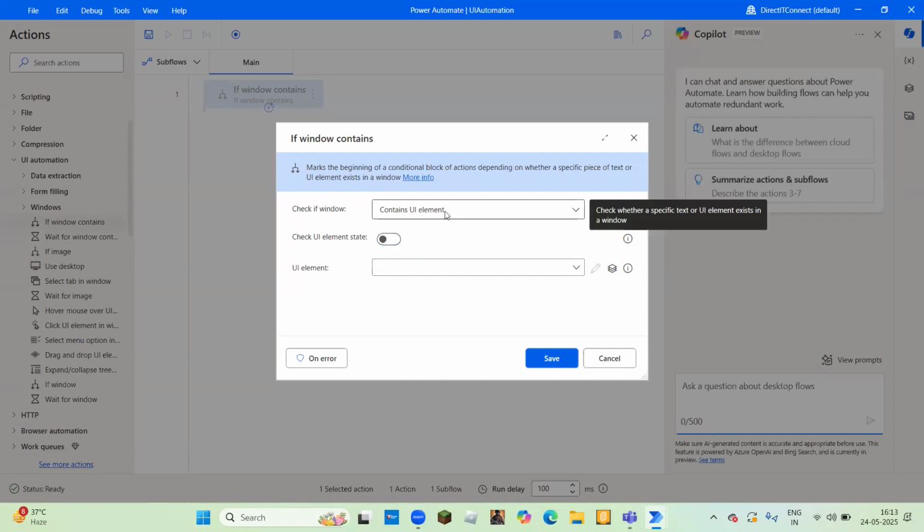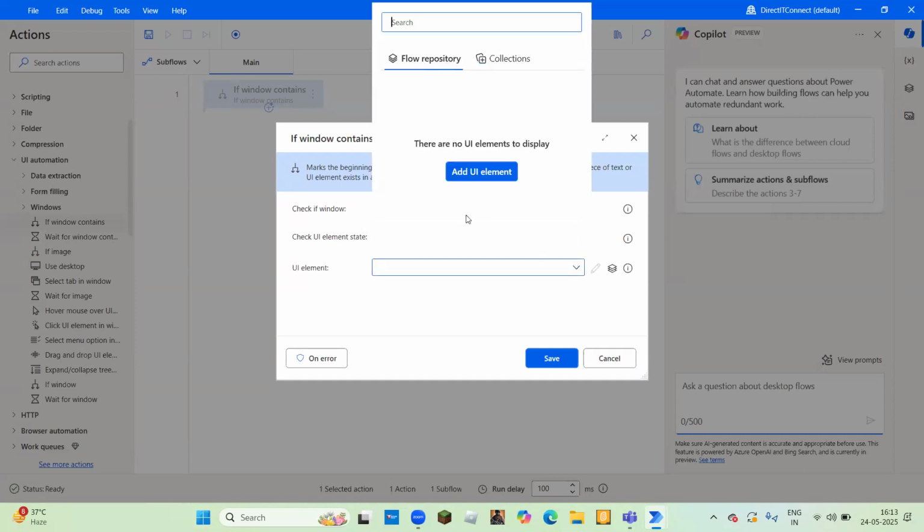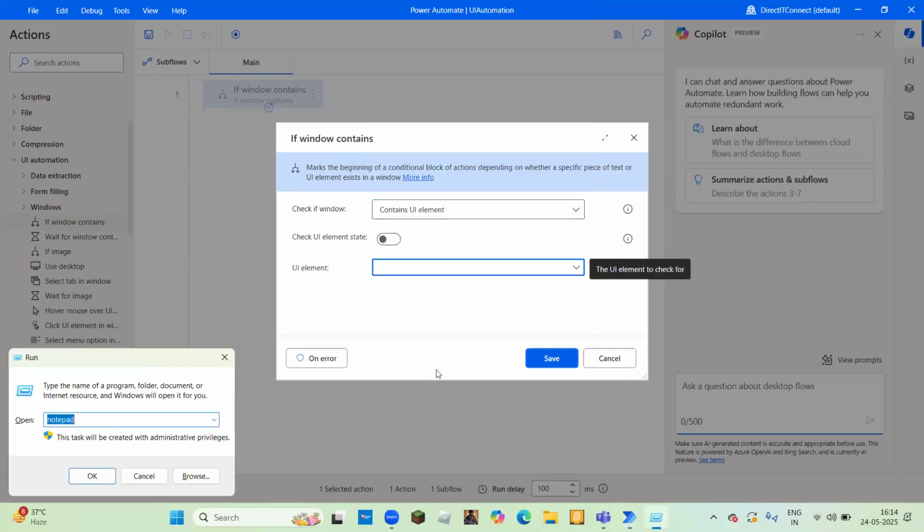If a window contains a UI element: you have an application, and on the application you are checking whether any element appears on the window or not. How will you capture the element? To capture the element, you can directly capture it from here, or in the right navigation bar you will also get the option to capture elements. So if I go with any window-based application,